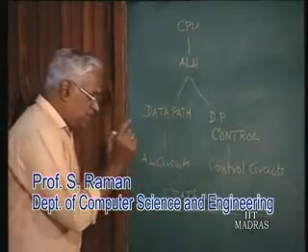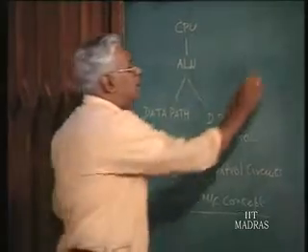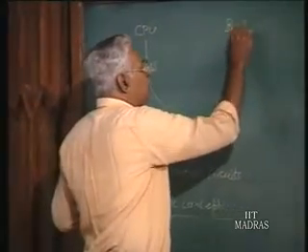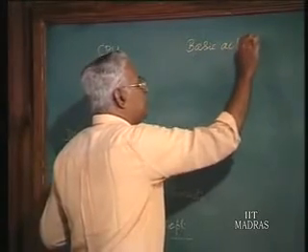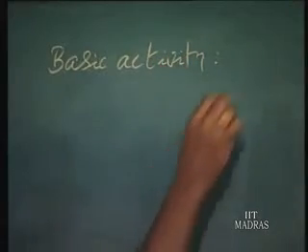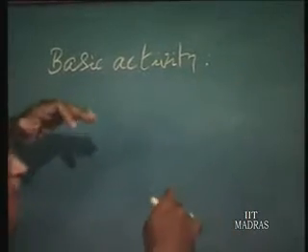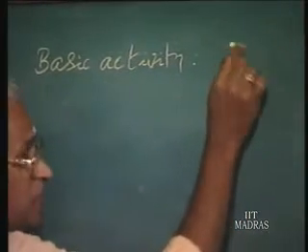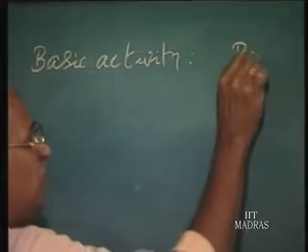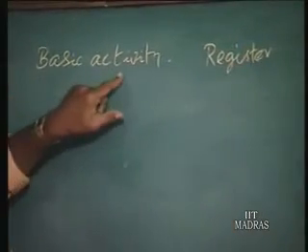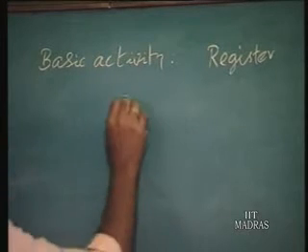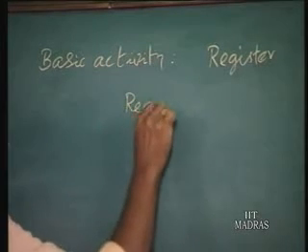So the basic activity which will be going on during a state, since it takes place at the register level, because we are talking about within the CPU, can be considered as register transfer activity,